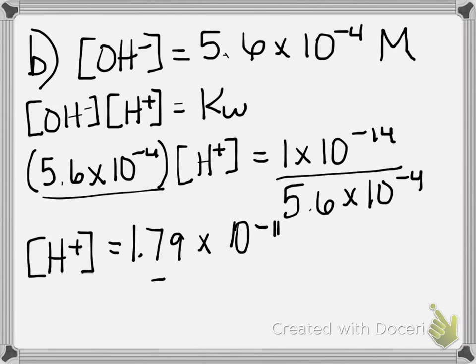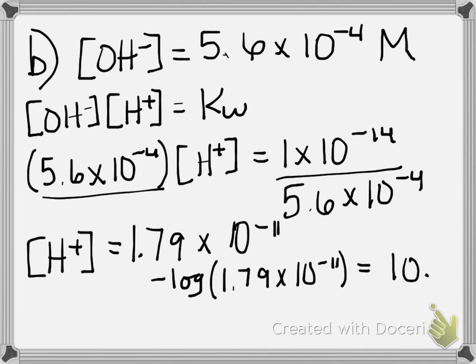So we are going to negative log that value to get the pH. So negative log of 1.79 times 10 to the negative 11. And that's where we get our answer, 10.7. And our answer does make sense because we're dealing with ammonia, which is a base, so our pH is greater than 7. All right, our next task, part C, is to determine the value of the Kb, the base ionization